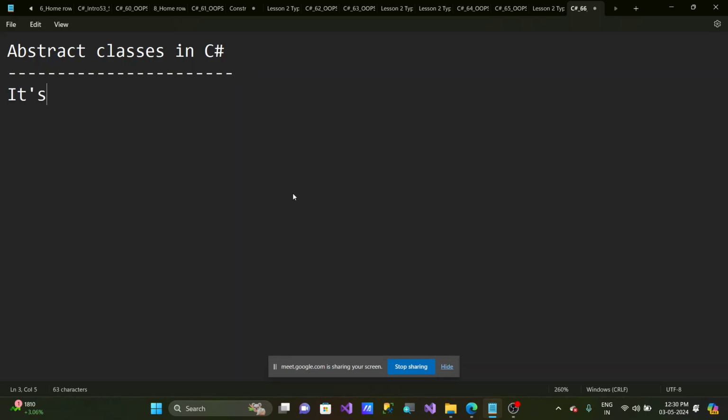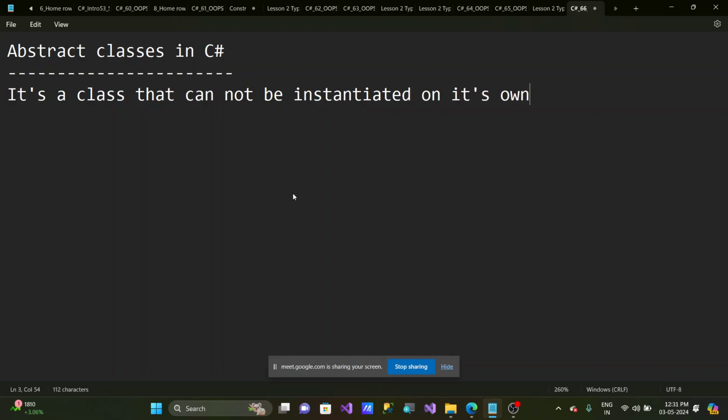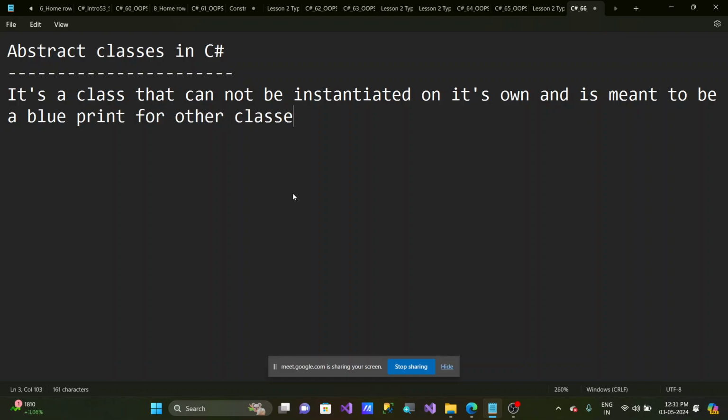It's a class that cannot be instantiated on its own and is meant to be a blueprint for other classes to inherit from. Okay,